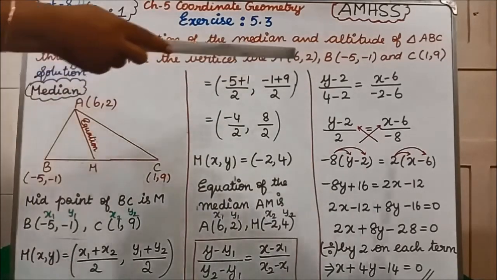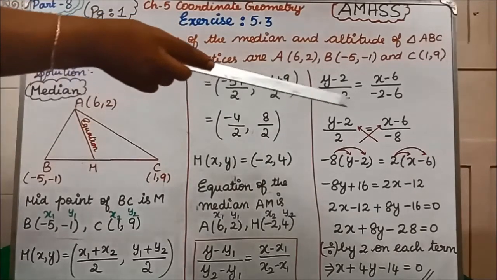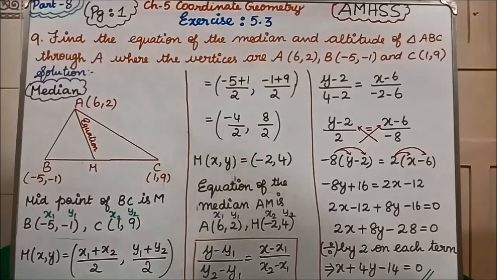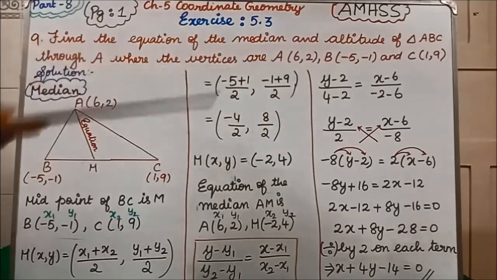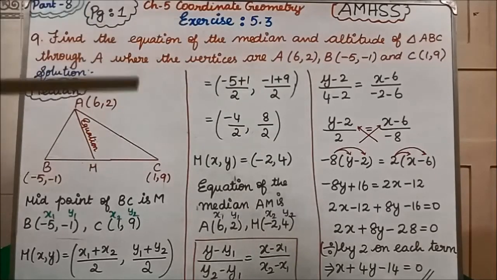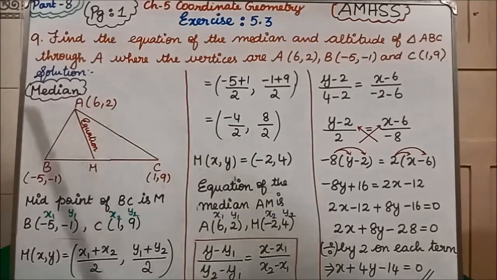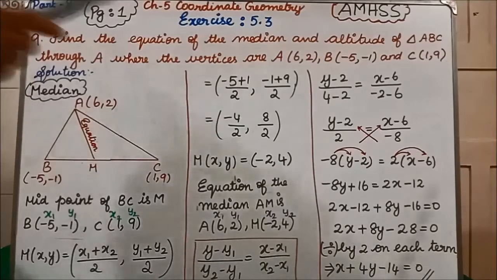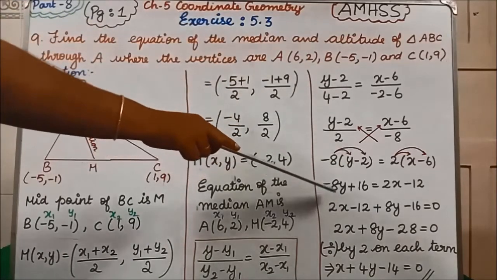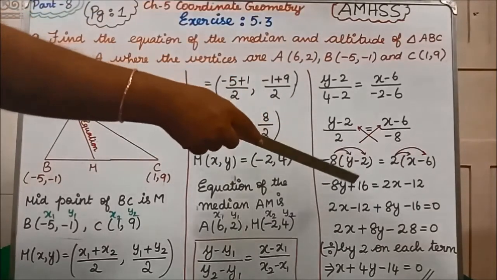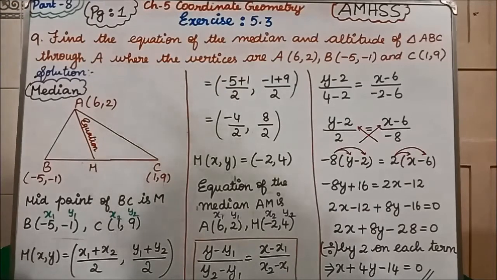After substituting, 4 minus 2 is 2, and -2 minus 6 is -8. Then we do the cross multiplication. -8 into y is -8y. Minus into minus is plus 16, 8 twos are 16. 2 into x is 2x, 2 into -6 is -12. X first we are writing. See, 2x minus 12, I am not changing anywhere. That is as such. This -8y, if it goes to that side, it will become positive 8y. Plus 16, if it goes to that side, will become -16, equal to 0.